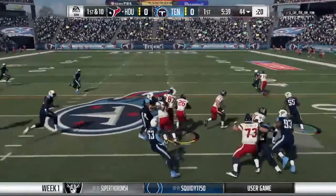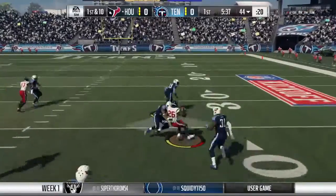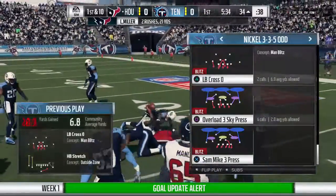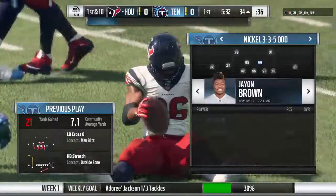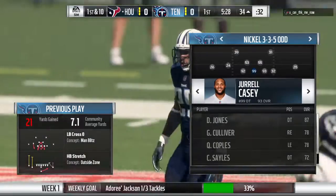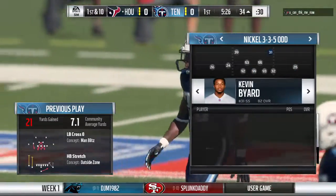A 1st down carry now for Miller. And he's going to get this all the way down inside the 35. That's good for 21 yards and a 1st down. Well, partner, I have to say they called him in the right defense there. Nickel set, 5th defensive back